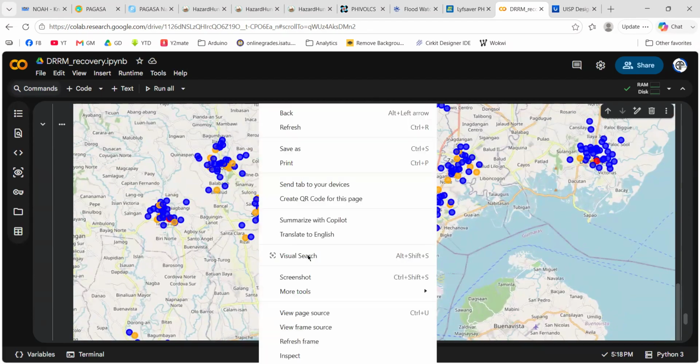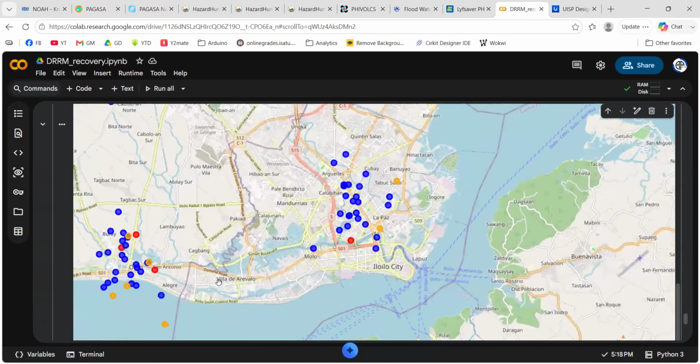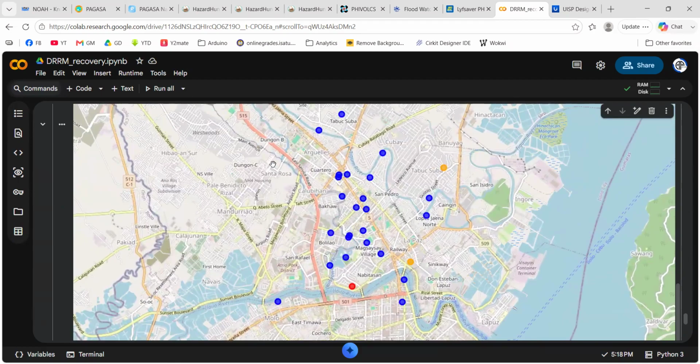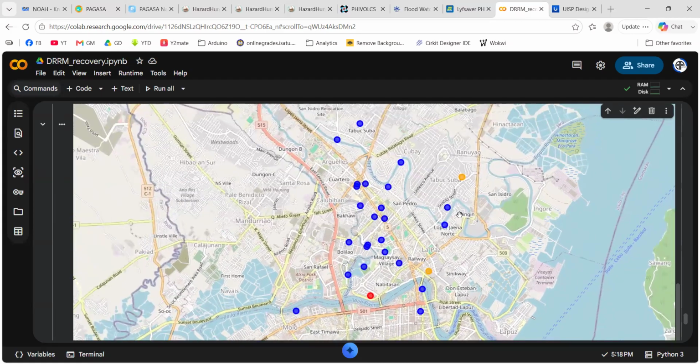Anyway, let's focus on my current location, that's in Little City. So here we have some dummy data. Remember, this is dummy data only. So we have these communities that need assistance regarding disaster recovery and rehabilitation. Suppose the disaster has already taken place and the affected communities now need to recover and resume their daily lives. As you can see in this area, this specific point